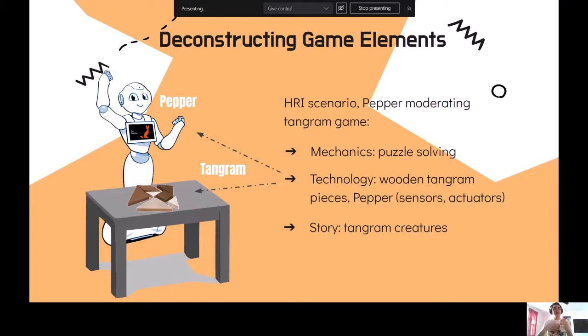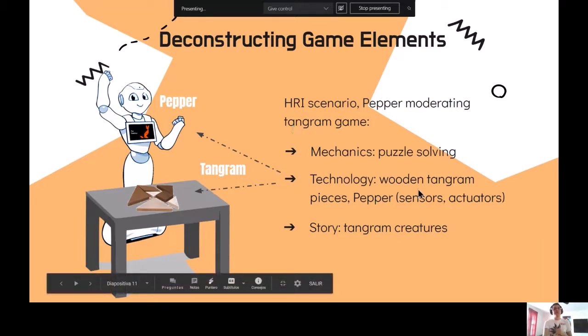To provide a narrative of this, you can use many different methodologies, or you can also use many different stories. So in our research, we found that there is a very old Chinese book talking about the Tangram creatures. So we took that and we adapted that specific narrative, and as you can see, we put it on Pepper's tablet,